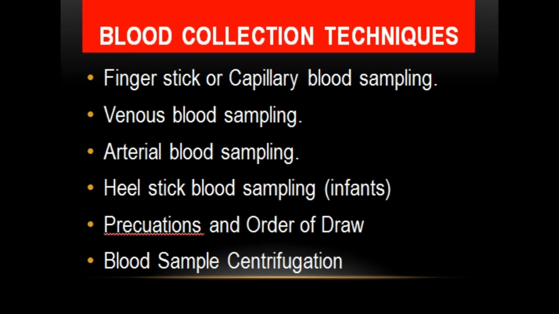Arterial sampling is done only in the hospital setting, and basically it is used for the identification of certain metabolic, respiratory and acid-base disorder where carbon dioxide level is required, and for the understanding and monitoring of the disease. This procedure can be upsetting and painful for the patient, so it is usually avoided and contraindicated in many conditions.